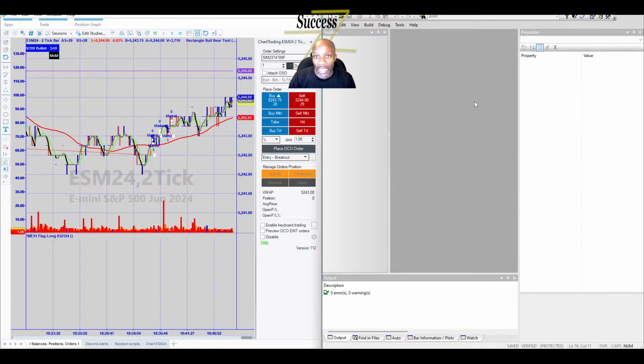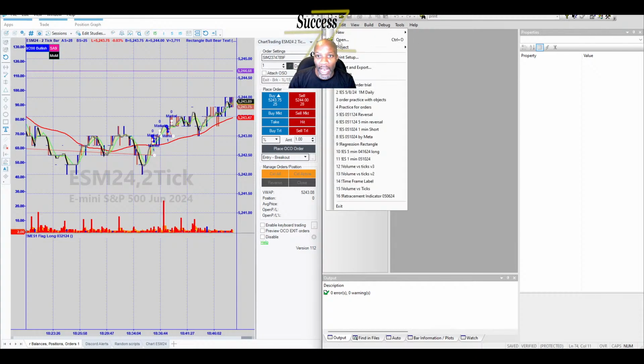I have it set up as a hotkey. Then you go here to File, and you can open up previous stuff that you had. You can go to New, and you can select from the various types of programs that you want to run. And each program